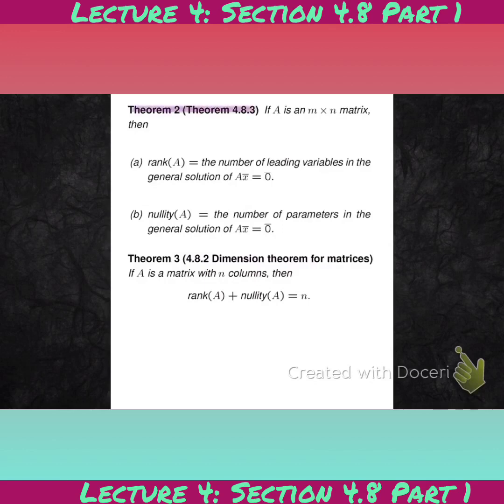All right, so taking all of that and writing that down formally, that gives us Theorem 2, which says that if A is an m by n matrix, then the rank of the matrix is simply, remember, the number of leading variables in the general solution of AX bar equals 0 bar. And the nullity of A is the number of parameters in the general solution, in other words, the number of free variables. And again, the dimension theorem for matrices simply states that the rank and the nullity